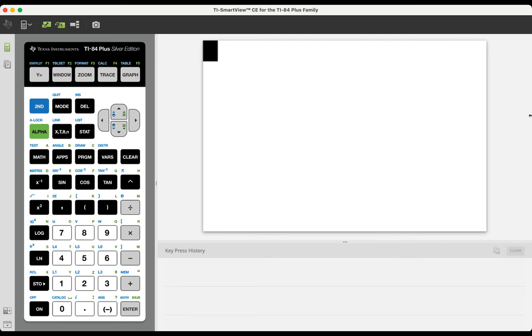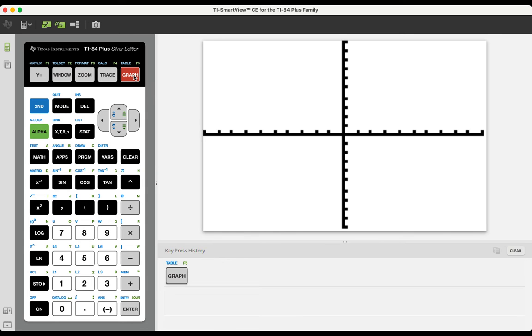In this video, we are going to highlight tips, tricks, and procedures for changing the window of your graphing calculator. If you simply press graph, you are given what the graphing calculator refers to as its standard window. You'll notice that the x-axis goes from -10 to 10, and you'll notice that the y-axis goes from -10 to